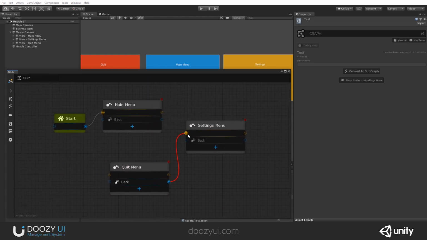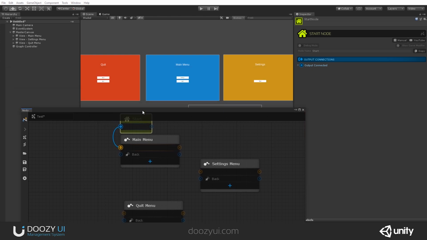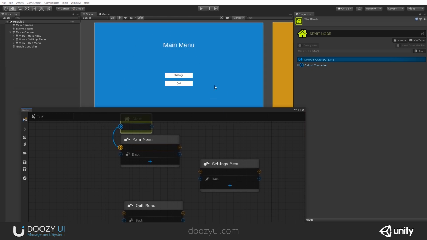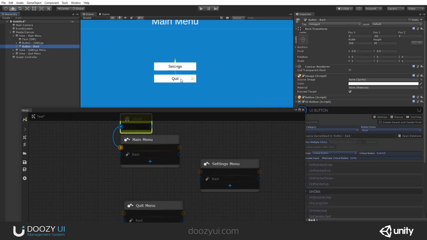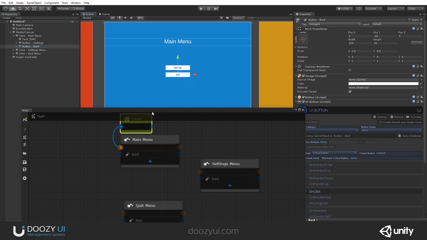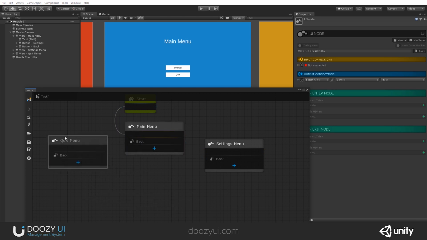Yeah, this works. All right, let's disconnect. I'm going to explain to you how to use this node graph. It's really very easy. So let's look at our setup. I have a main menu, and I have 2 buttons, settings and quit. In this is actually a back button. If I select it, you will see that this is a back button. Yeah, this one. I just changed the label that says quit. That's it. All right. So I have a back button that needs to go to the quit menu, and I